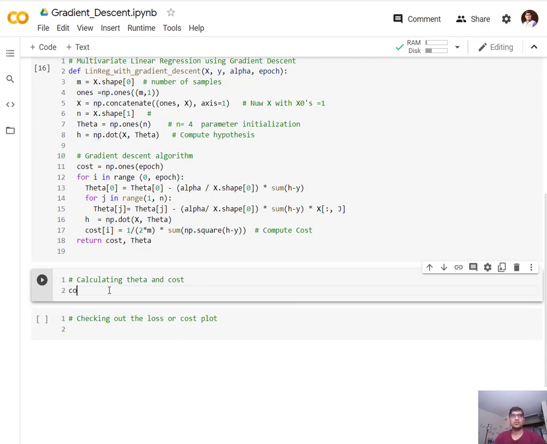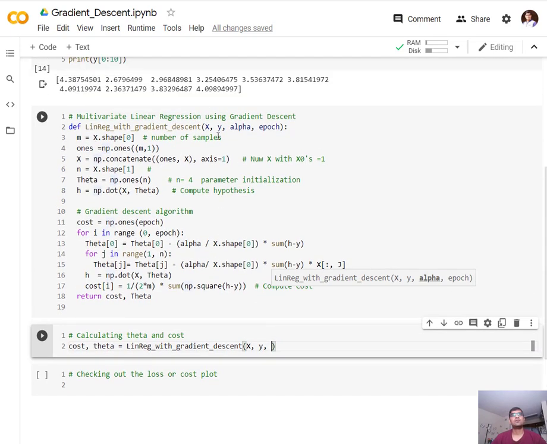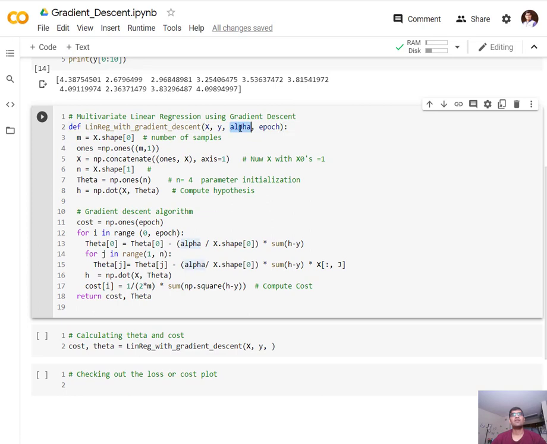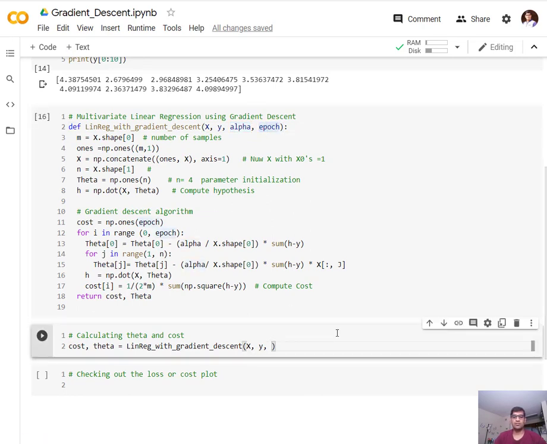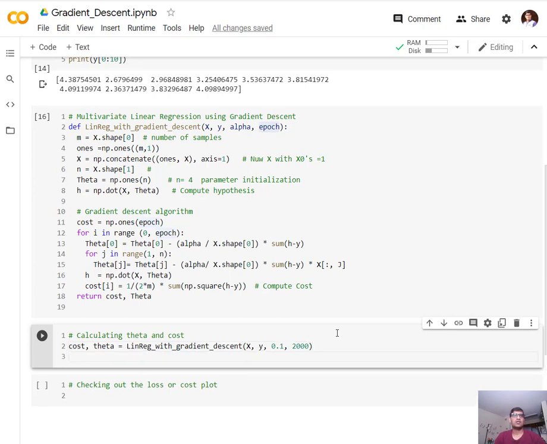Now say cost, theta equals to linear regression of the function. What are the inputs we have? We have x, we have y, and then we have alpha and epoch. So say alpha we set 0.1, and then number of epochs say 2000. Now if you want to print the theta,